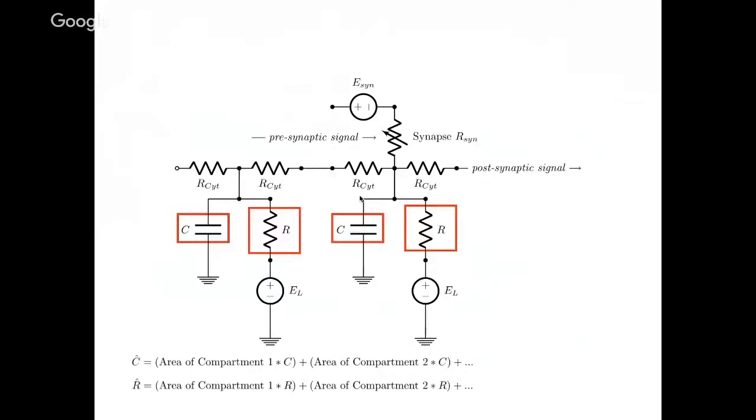capacitance of the neuron and all the capacitances of each compartment. So in this circuit, there are 2 compartments, and we're going to also take all the resistance of that, and we're just going to add up all the areas and multiply them by the capacitance and also resistance to derive this new capacitance. So we have a capacitance C hat and a resistance R hat. So we have these 2 new values that we derived from adding up all the areas together into